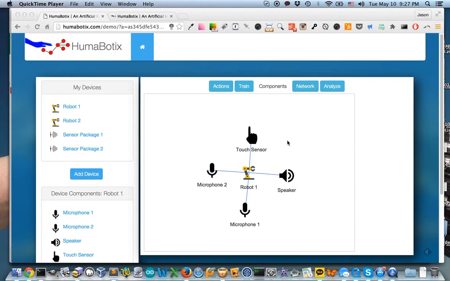The idea behind Humabotix cloud platform is to make artificial intelligence and robotics accessible and easy to use. I put together a very general prototype interface showing the main ideas. So the idea is that someone would be able to connect their robotic devices or their sensors to the cloud